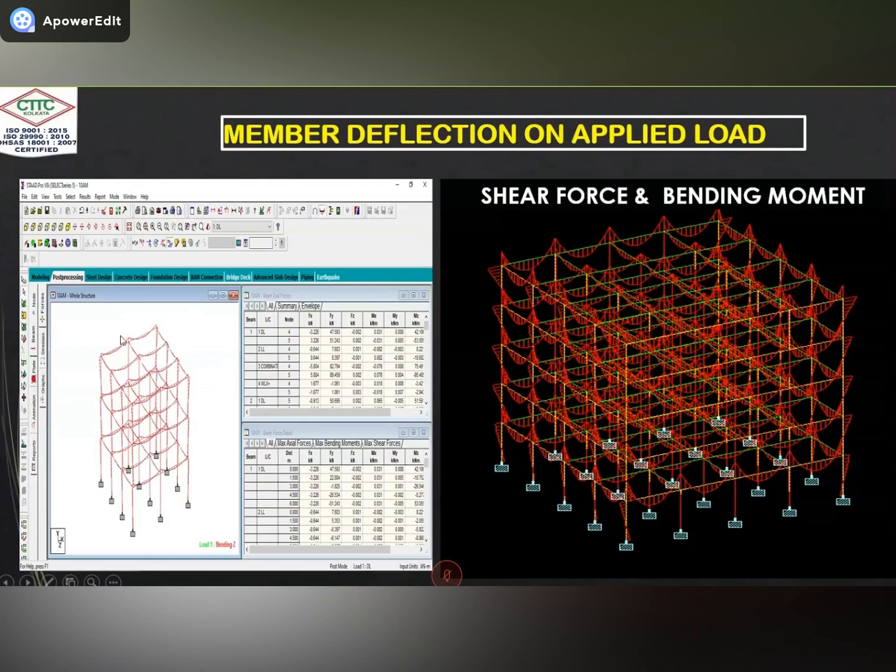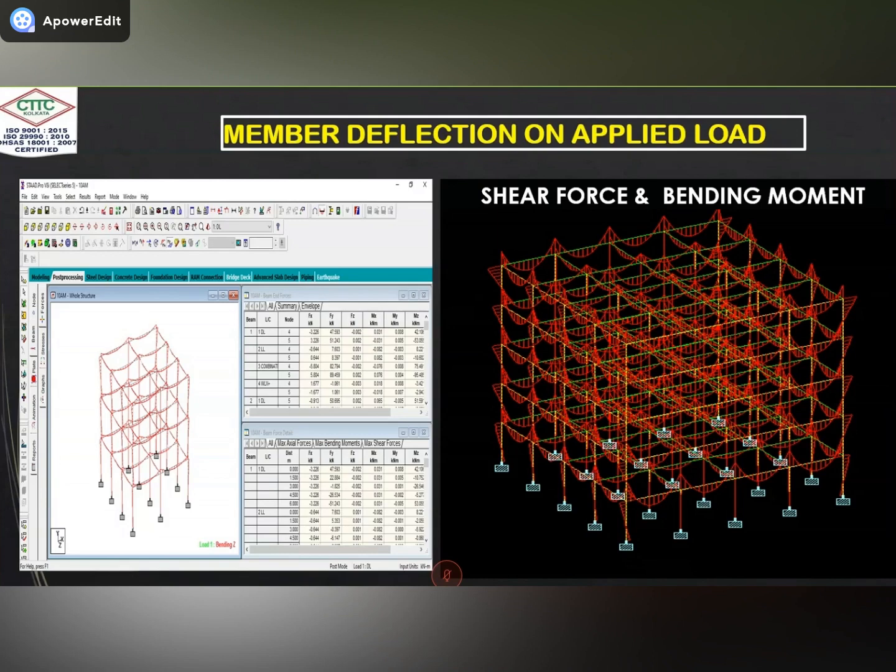You will also get the member deflection result, shear force result, and bending moment result. You can get all the results from this software. You can get the shear force diagram, bending moment diagram, shear force value, and bending moment value at each and every point of the member. Here I am not explaining all the data. There are more than 1000 analyses, so I am not showing all 1000 results because it's a small slide. That's why I am using only the shear force and bending moment diagram. If you want to get a stress result, then you will select the stress option.